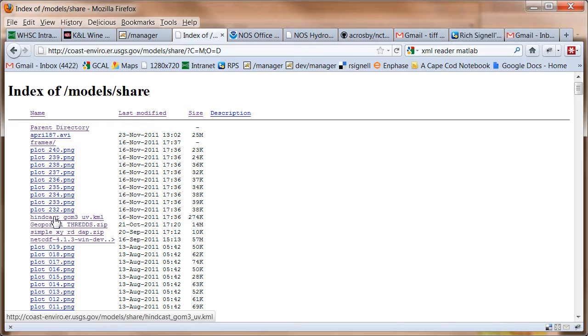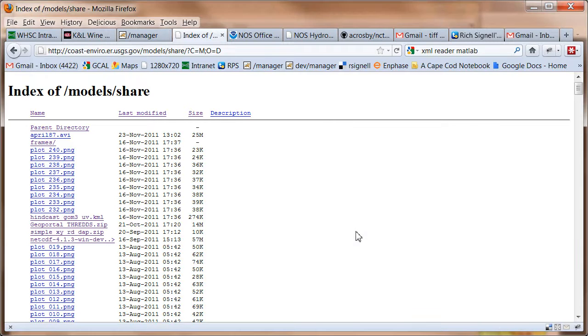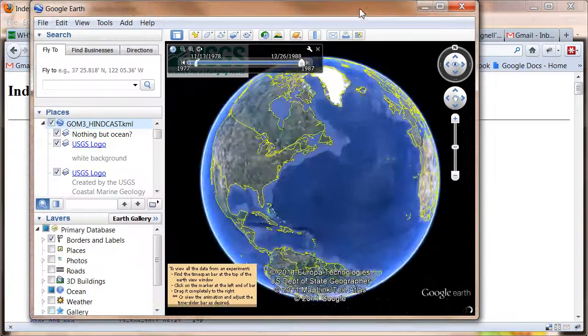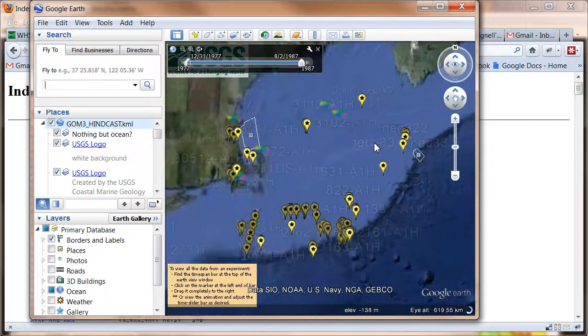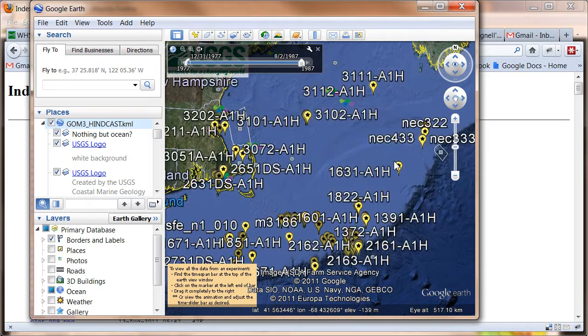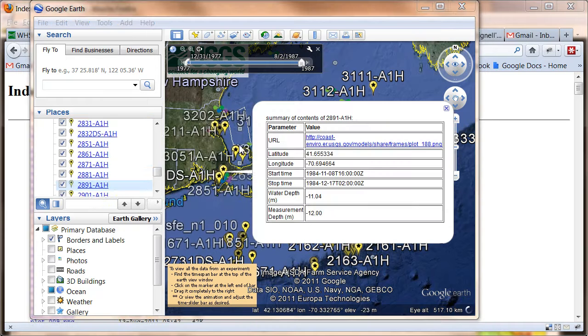Then I upload it to our website. So if somebody wants to look at the results, they open up that KML file that's just sitting out in a shared folder, essentially, and they come in and they see all these observations that have been made in the Gulf of Maine at all these different locations, and when they click one of these things, they see a lot more. Then they get a little table which has some information about the data, when it started and stopped, and then if they click one of these things here,